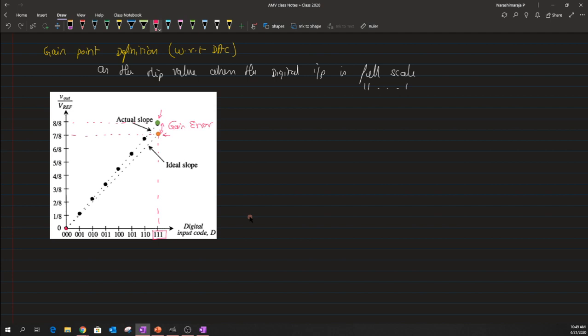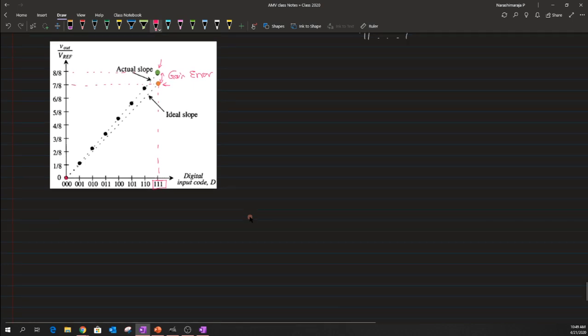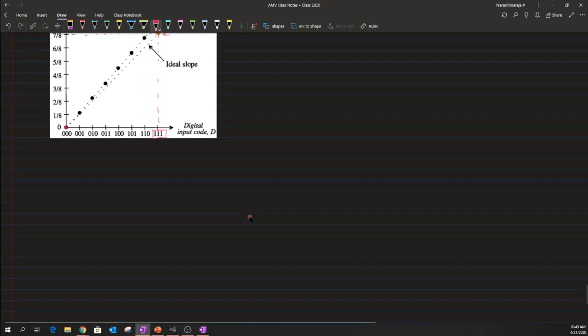Now all of these definitions we have discussed so far are basically just theoretical definitions, but in general we don't have any problems with the gain error as well as the offset error. Okay, we will have problems only with the nonlinear errors, which we are about to discuss. Okay. So now let me again try to redefine the definition of this gain point